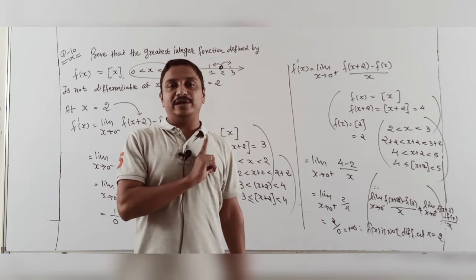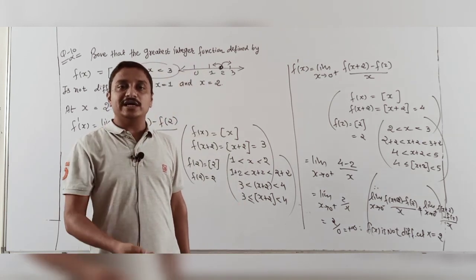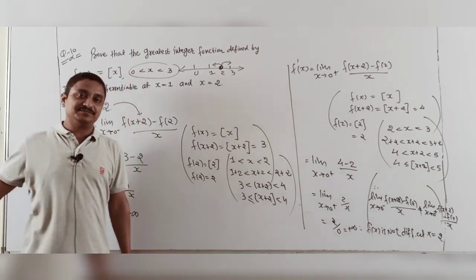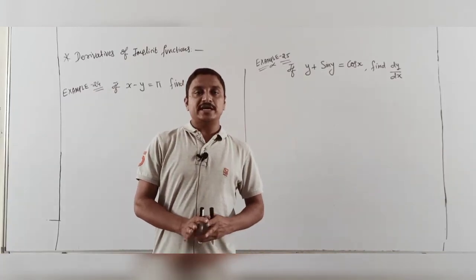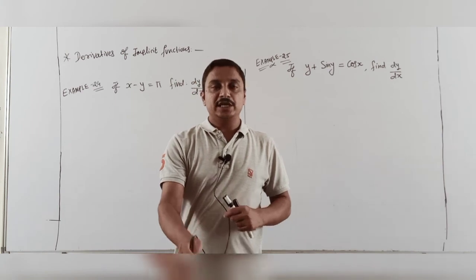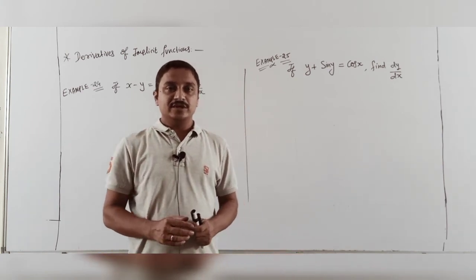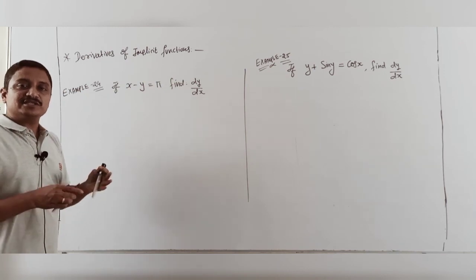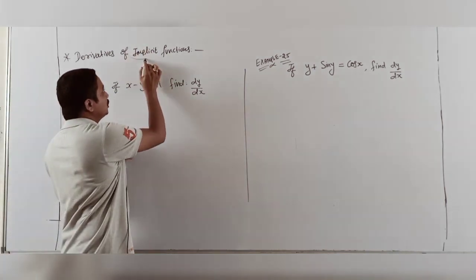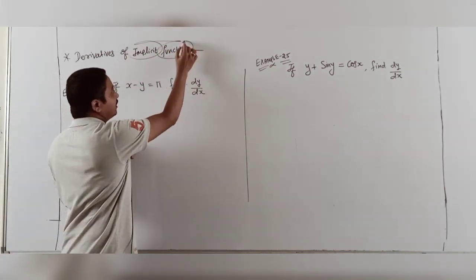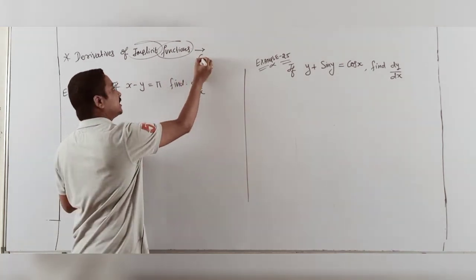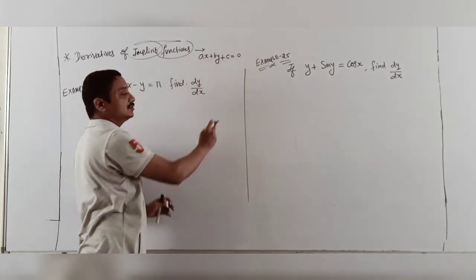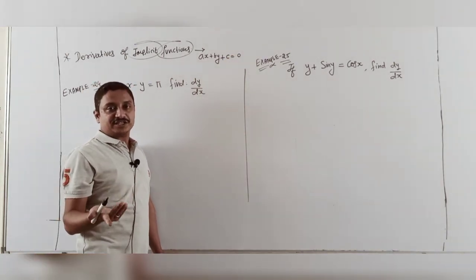So one more time I repeat, you look at that whole formula list, and after that I am going to implicit function derivative. Now students, I am going to a new topic today, implicit function derivative. Implicit function is nothing new, you know the implicit function already. The equation of a line, ax plus by plus c is equal to 0, the line equation is an implicit function.